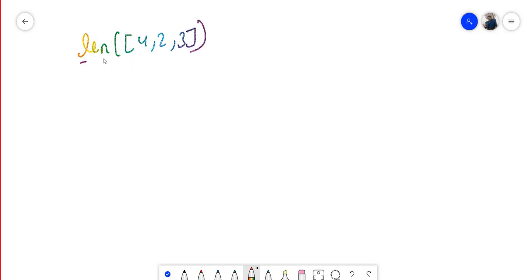Here I have used len directly, no single variable value. If I write print directly, or you can also write n is equal to len.